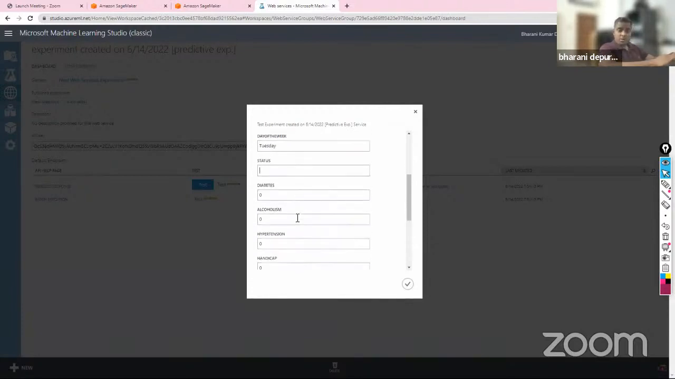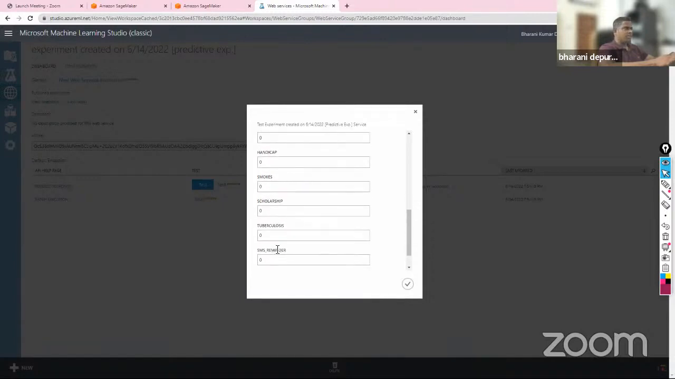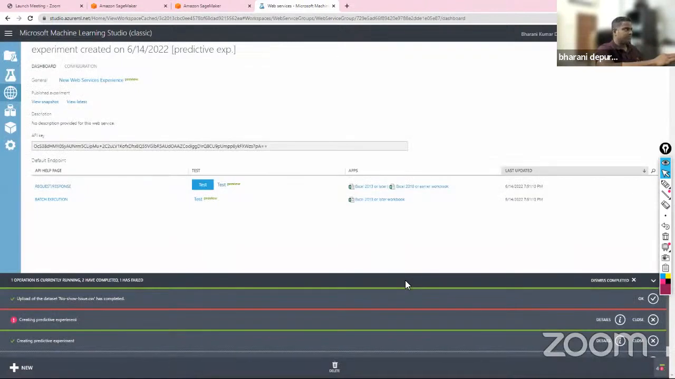Status is something that you want the prediction to happen for. Do we have diabetes or not? Are you alcoholic or not? Do you have hypertension or not, etc. Scholarship, I say yes, I got a scholarship, maybe tuberculosis, SMS reminder, awaiting time, you have a bunch of things. You select all these inputs, whatever values you want to give. SMS reminder, say yes, you want SMS reminder, etc. After you're done with all these things, just click on this. The moment you click on that,